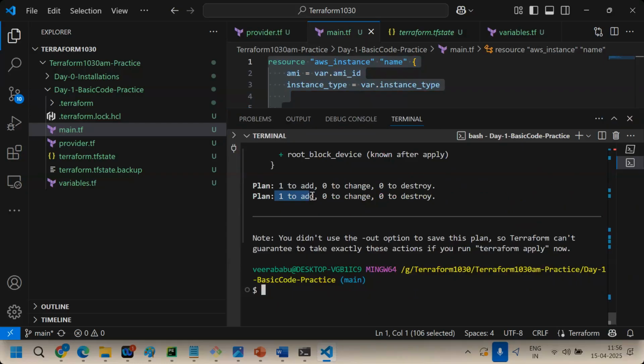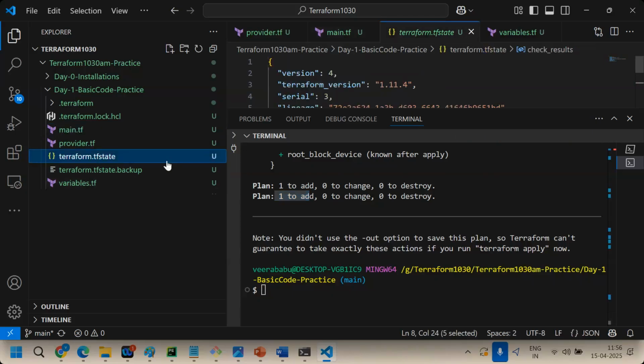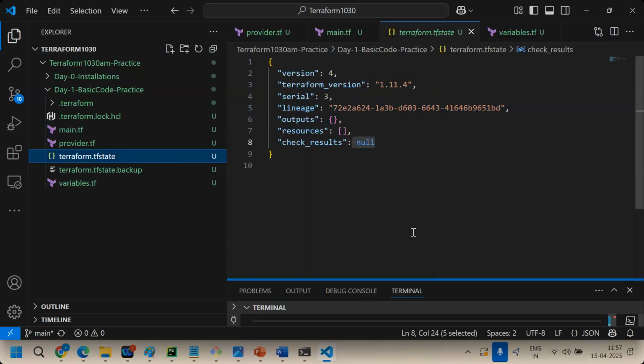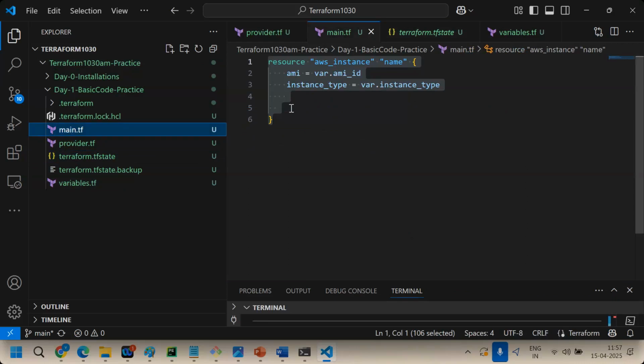Right or not? Okay. So the Terraform state file will tag the resource's desired state to current state. Now, what is the current state information inside the state file? Null. Nothing is there. In your cloud, current state means inside AWS EC2. Why EC2? My resource block is only EC2. Clear now? Okay, let's apply now.